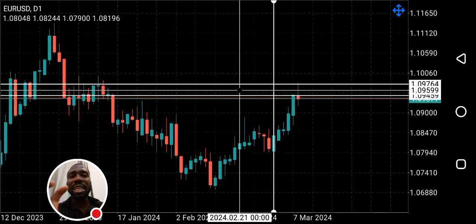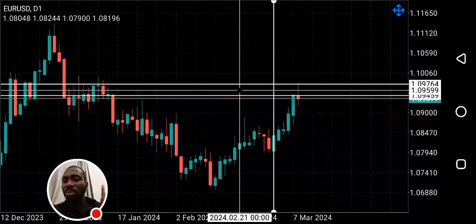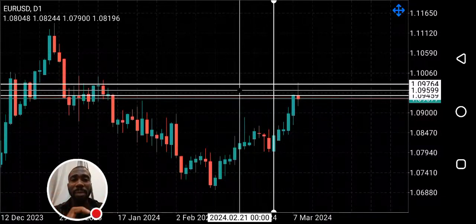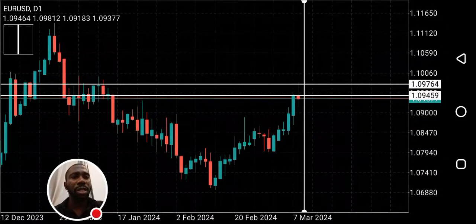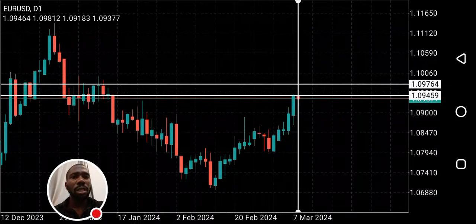Okay, then the pattern that formed there is a bearish reversal pattern. So this tells me that we should look for a sell opportunity. Short-term sell, please. This is a pullback. The long-term trend is still bullish. This is a short-term trend. This is a pullback. After the formation of this shooting star, spinning top on the daily time frame,